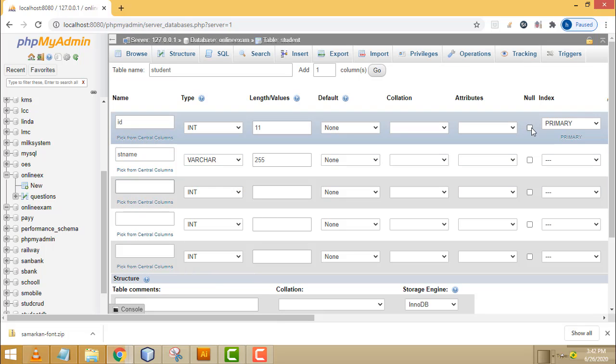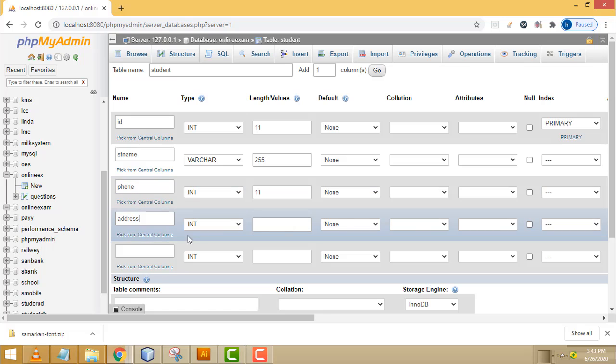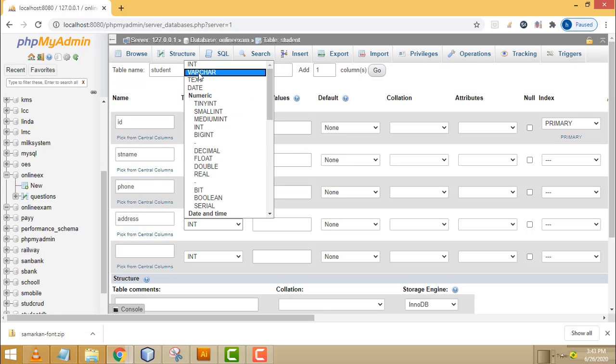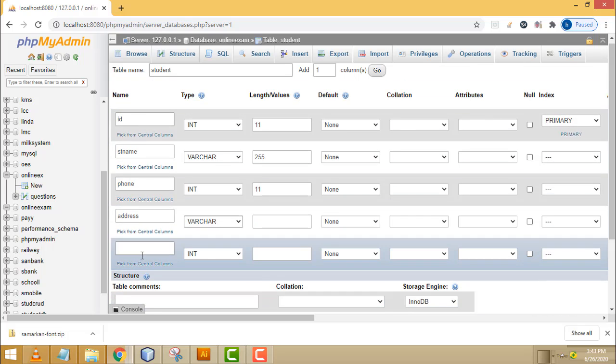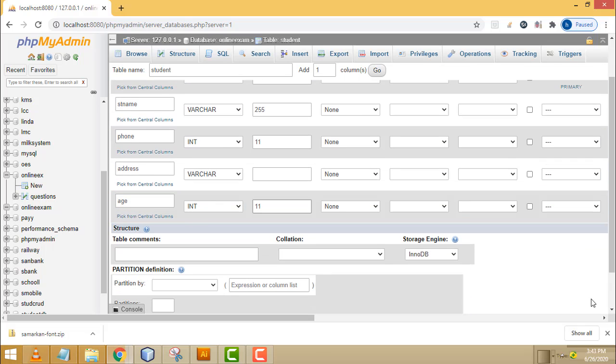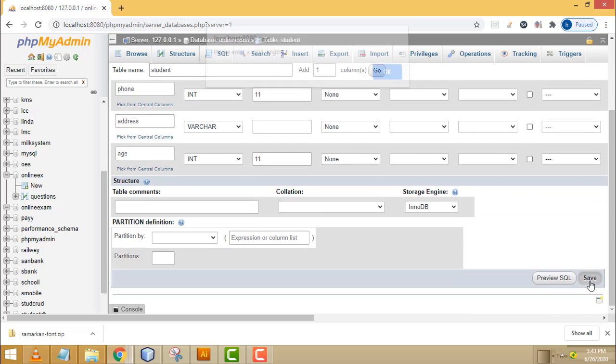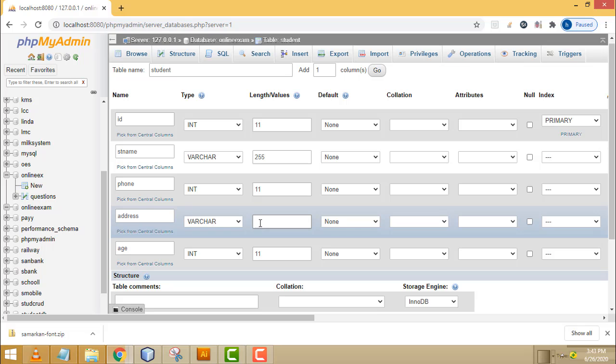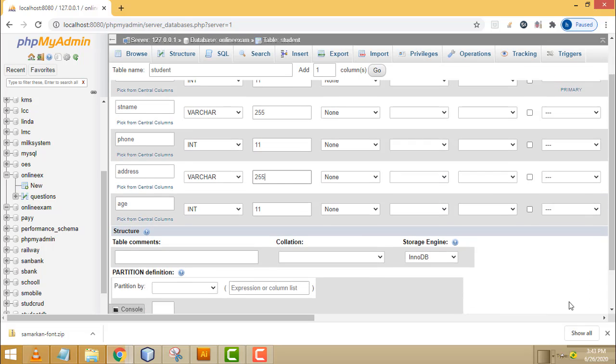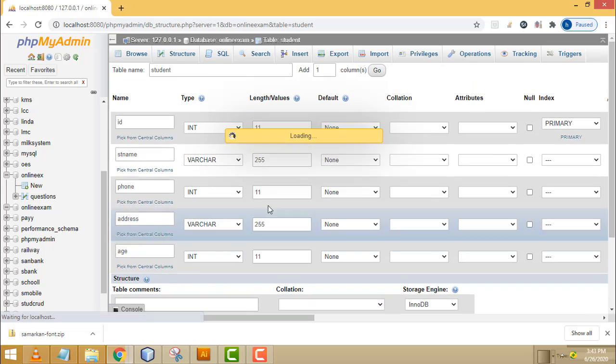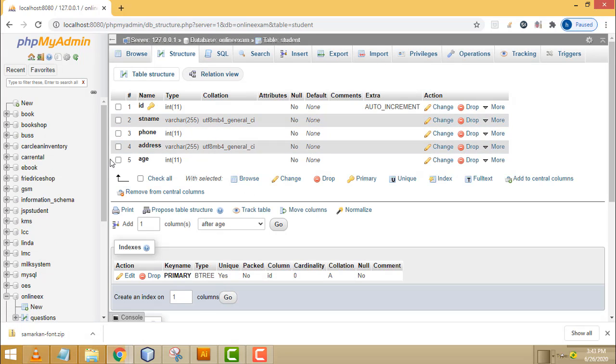After that the student phone number, here we have phone, int, then address, and another thing, age. We have to fill in all of this, and then click Save. This is a simple table I have created.